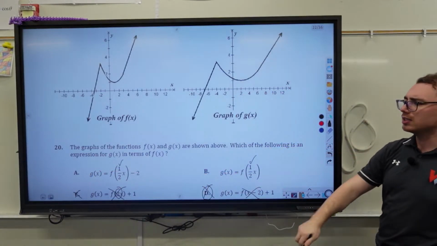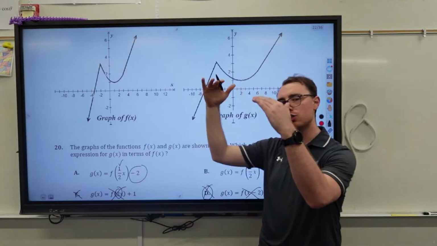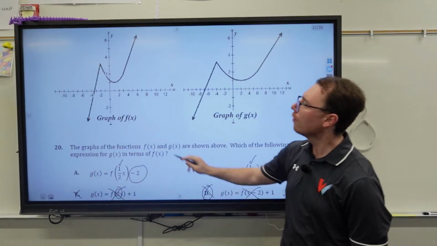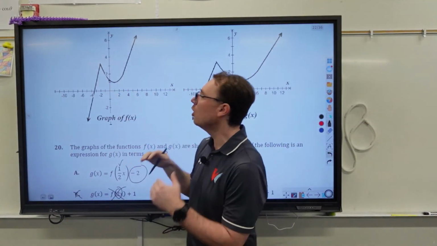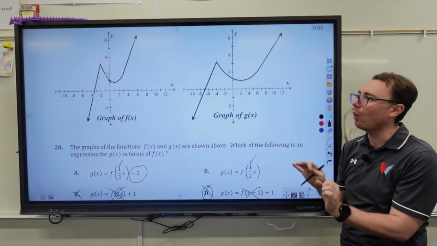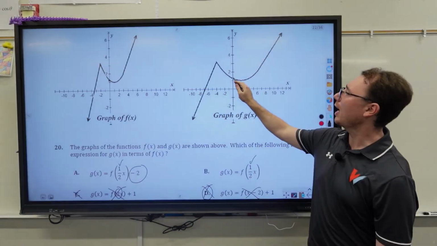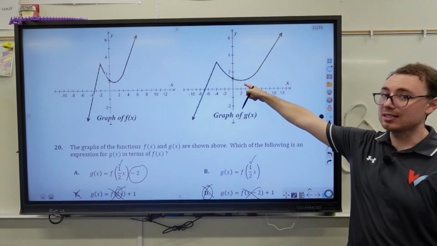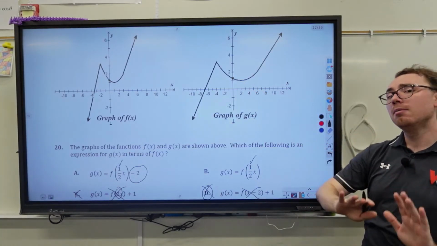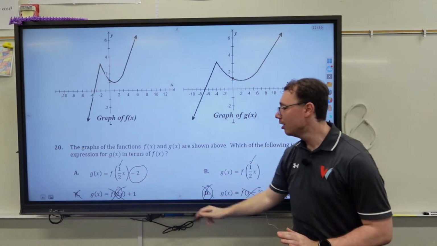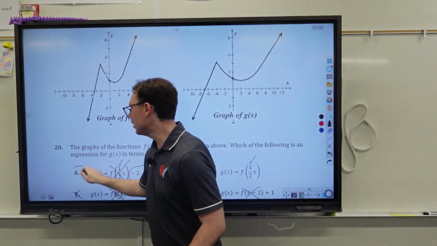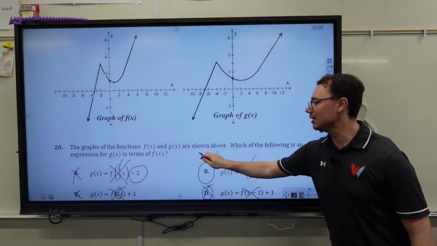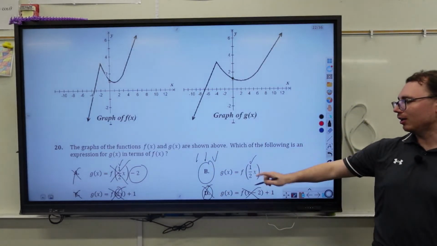For a and b, we just want to see if we're shifting our graph downward. The best way to look at that is to look at where the y-intercept is. For the y-intercept here, it happens to intercept right above 1, but not quite 2. Notice again that the y-intercept here is exactly the same, meaning that there isn't a horizontal translation, meaning that there isn't a d term. So we know that g of x doesn't have a d term. I keep circling that. I mean to cross it out. So we know that b here is the actual right answer because